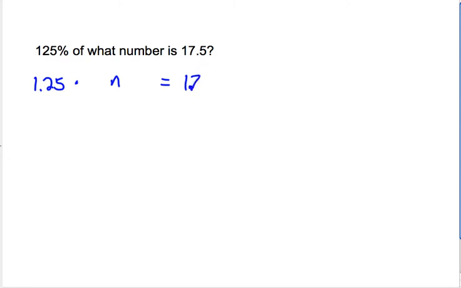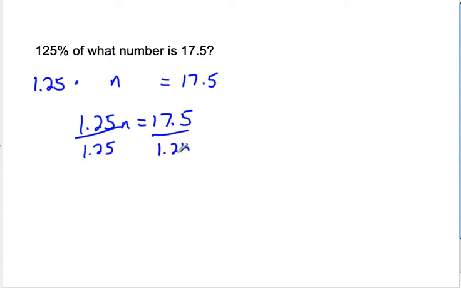Oops. Let's do that again. Is 17.5. There we go. So I'm just solving this equation. 1.25n equals 17.5. I'm going to divide both sides by 1.25, which means n equals